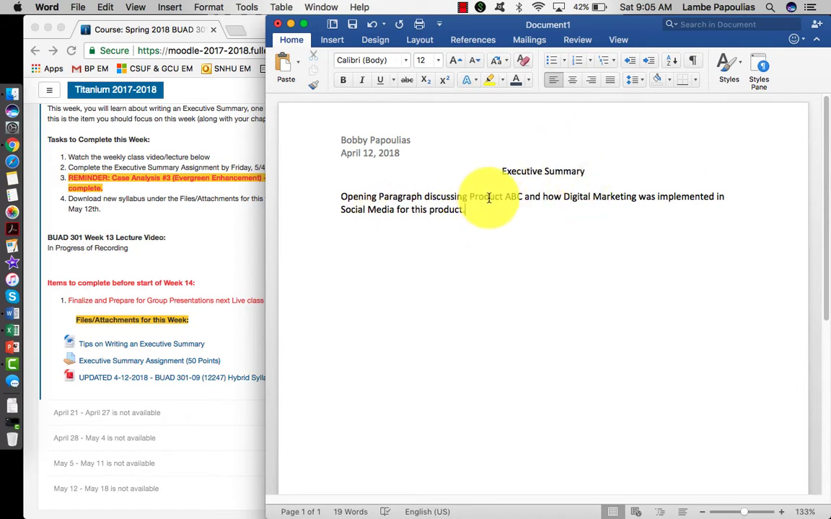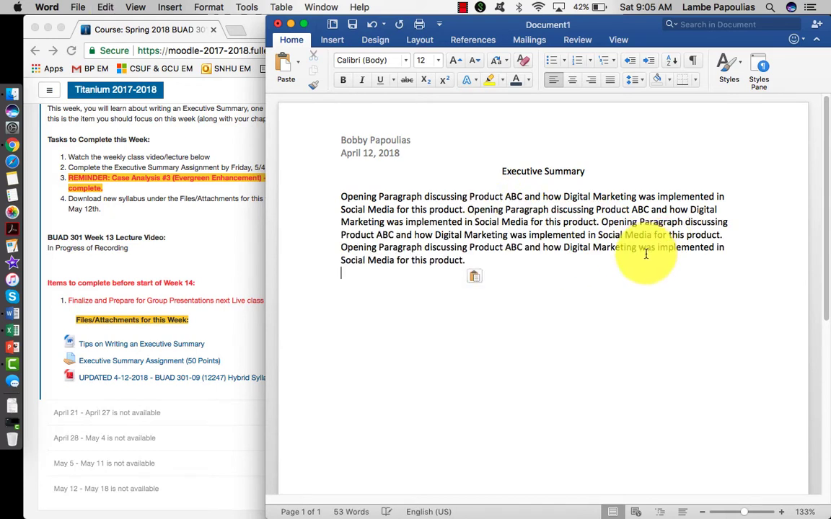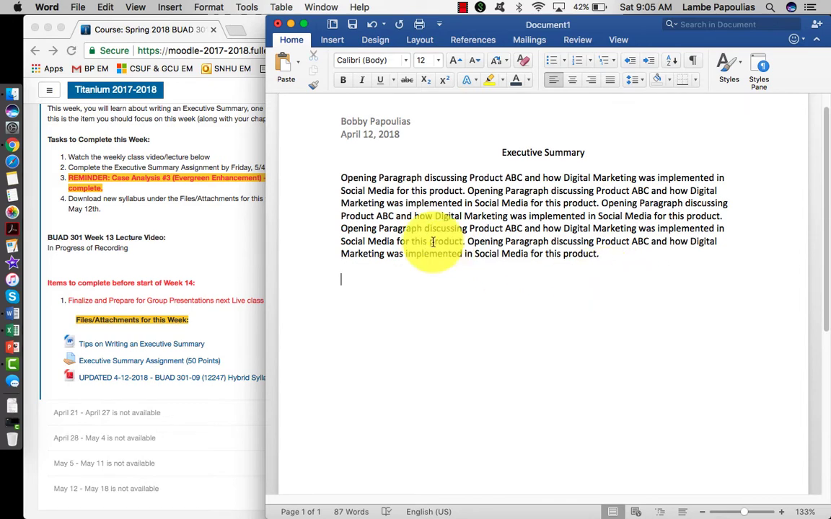So you may have an opening paragraph. Let's say it's going to look something like this. And this paragraph discusses product ABC and how social media was used. So maybe they used 3 different types of social media marketing. Then your next paragraph will be, maybe you're going to write one sentence, or write a short paragraph discussing the 3 different social media outlets used for product